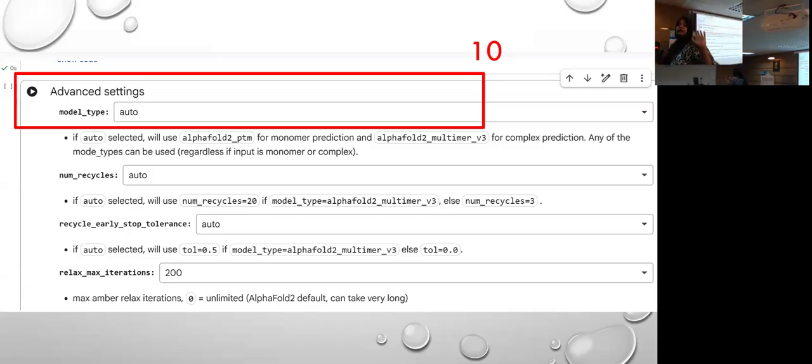If you use a higher number, remember this, computationally it will take more time. If you want to do something quick, you can lower the number, but accuracy will be compromised, of course. If you want to make sure the quality is very good, you can select auto or give your own number as well. So here, do not use auto, just use the least possible number so that you can run in the expected time. Yeah, you can use 1.